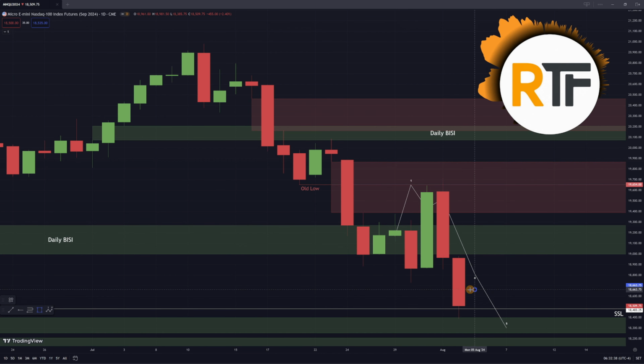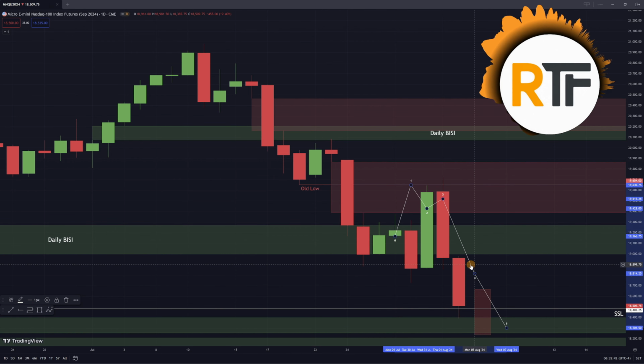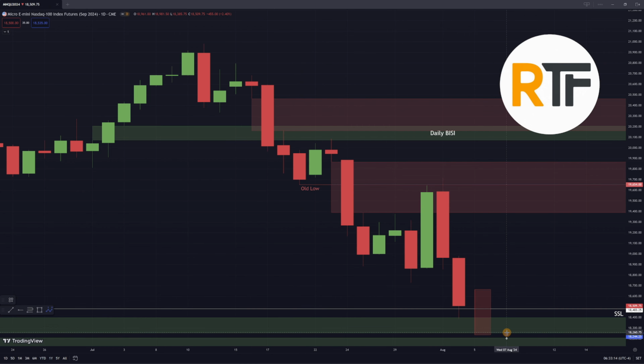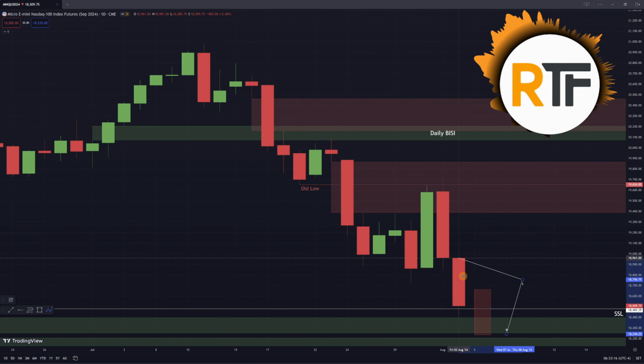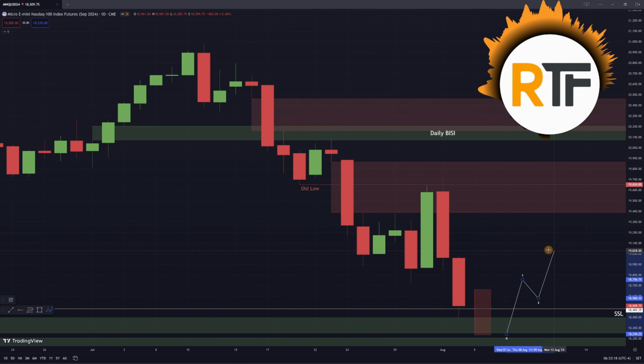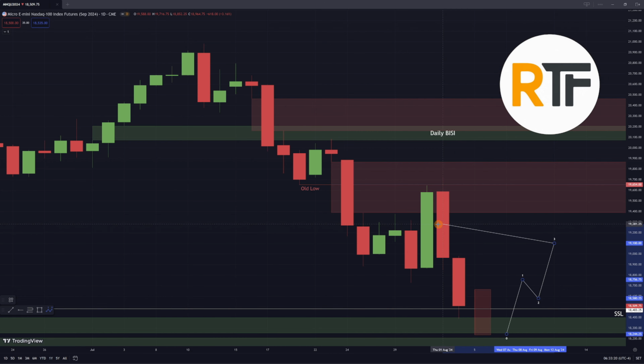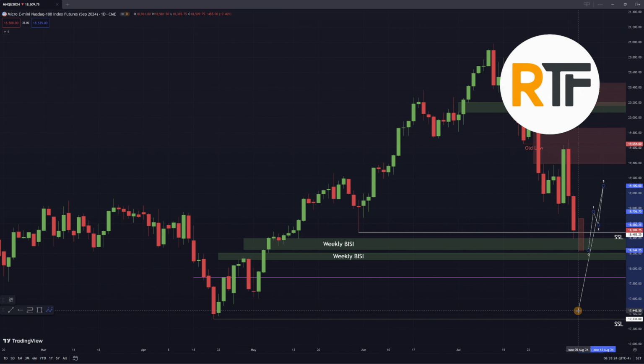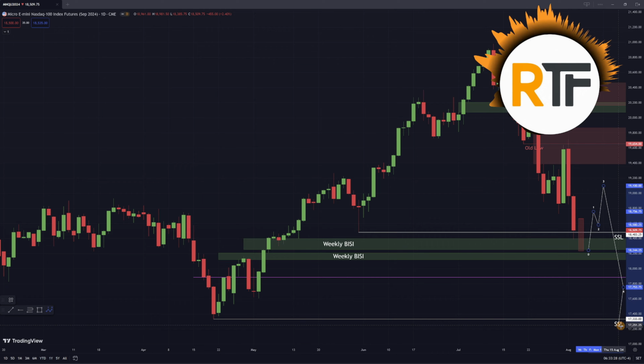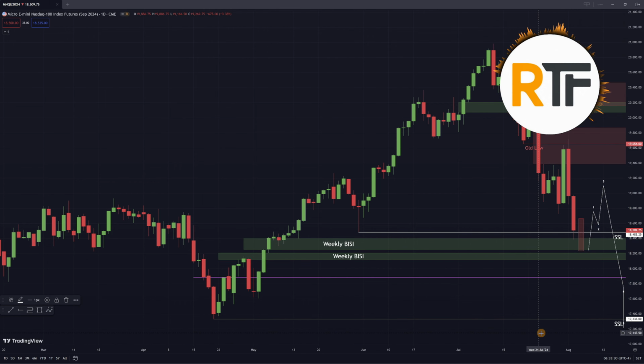Same as S&P, we could create a down candle, creating another fair value gap. And let me go ahead and just clean up some of this. And then we could have price come back up to this fair value gap, or even come back up into this order block, and then have it come back down for our sell side target. Back down over here, we'll go to the mean threshold and perhaps even lower than that.